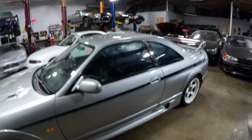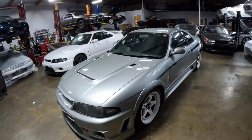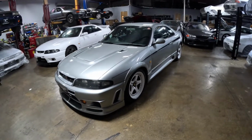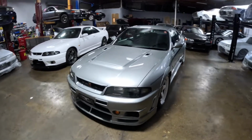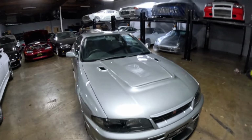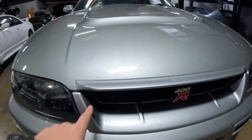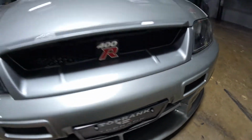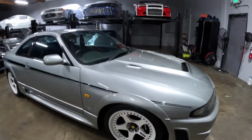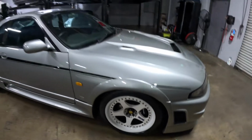If you don't know, the 400R is, well, this one of 40 documented cars. It's car number 29. There's allegedly 44 built, but 29 confirmed. There's some really, really cool features on this thing. It's got the 400R hood, 400R front bumper. It has unique badging along with some carbon pieces here that actually are functional for diverting air. It's got the iconic Nismo LMGT1 wheels. These wheels are super, super sought after